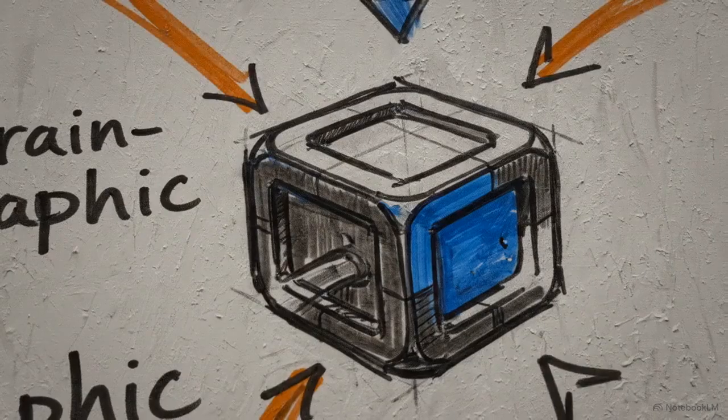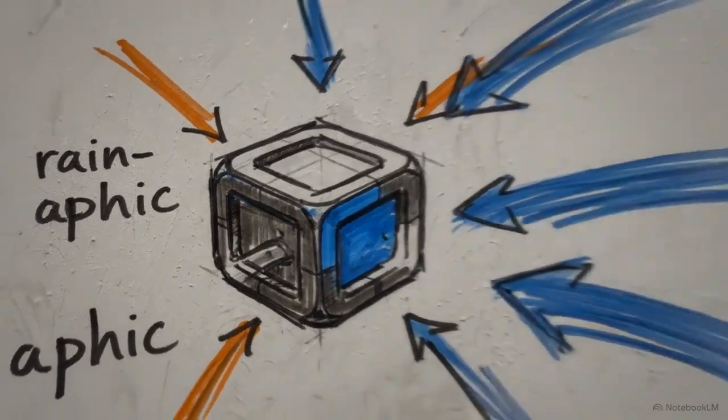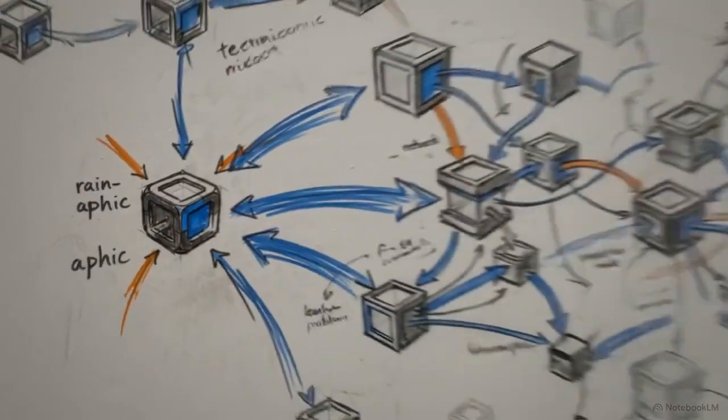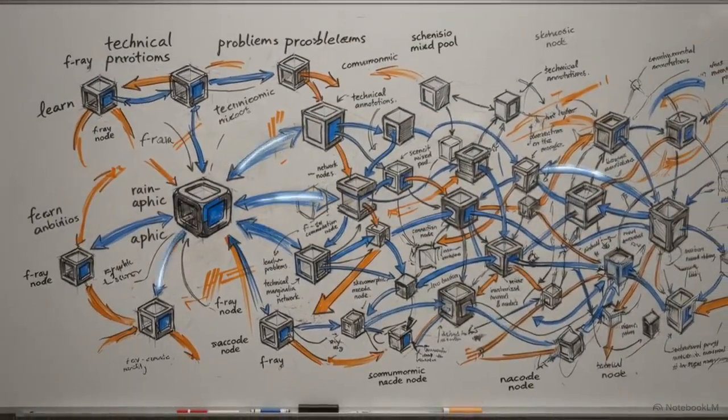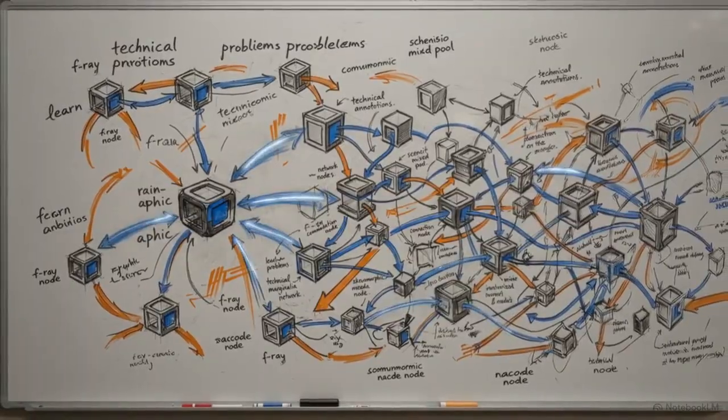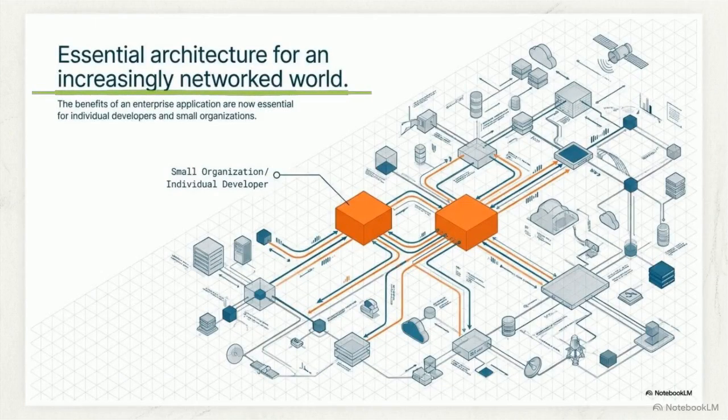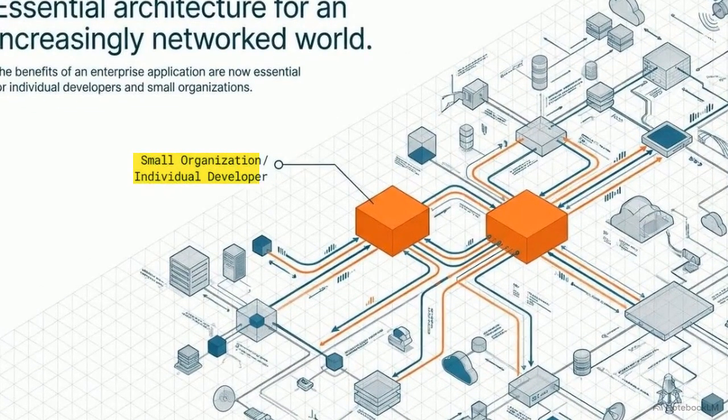Software development meant writing code for a single, isolated machine. Today, applications operate as massive, multiplying webs of interconnected digital nodes, communicating globally. This diagram illustrates the baseline architecture for that networked world. Notice how even an individual developer or a small organization must now plug directly into a complex, distributed routing infrastructure